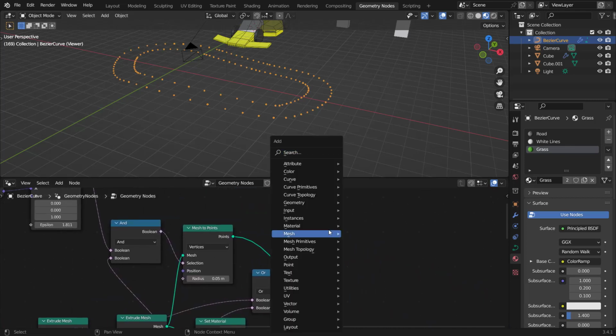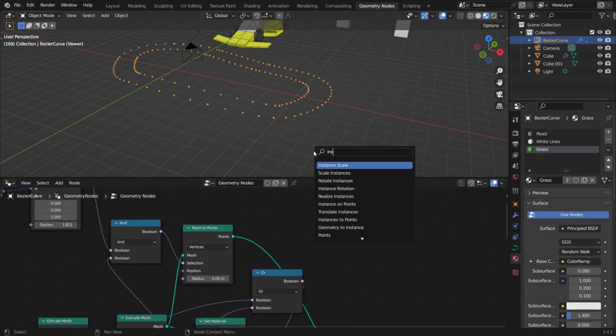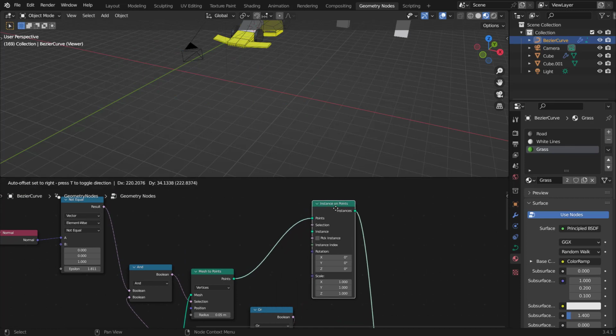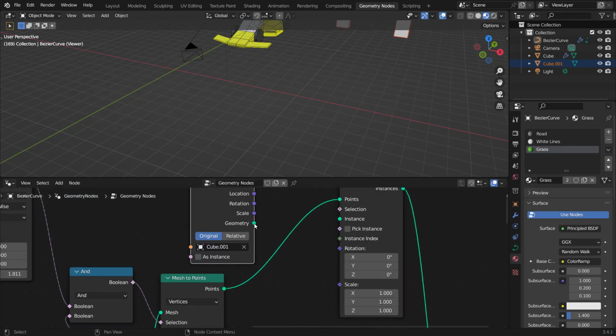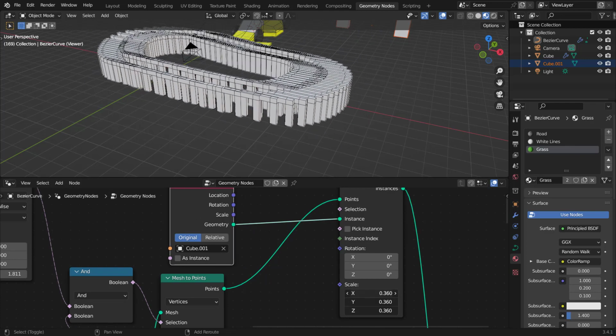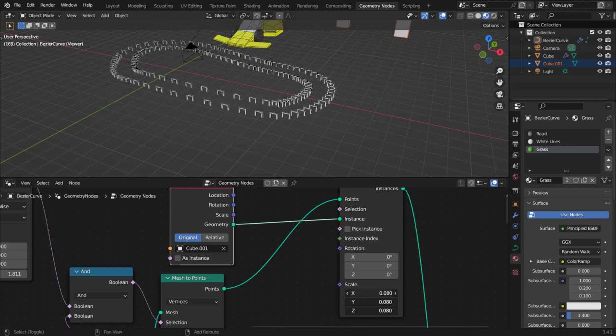Awesome. We're going to hit Shift A, get an instance on points. So instance on points, drop that after the mesh to points. And for this, we want to get our barrier object. So let's get cube001, drop that in there, and we're going to plug this geometry into the instance right there. Obviously, it's way too big, so left click and drag down on the scale and bring it down